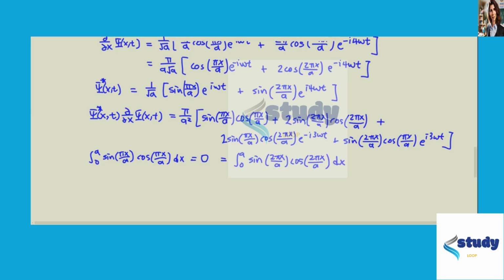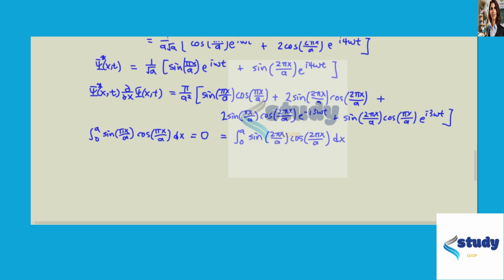So basically this is equal to 0 after integration. Not when you multiply the two functions, but when you integrate. And then using Wolfram again,